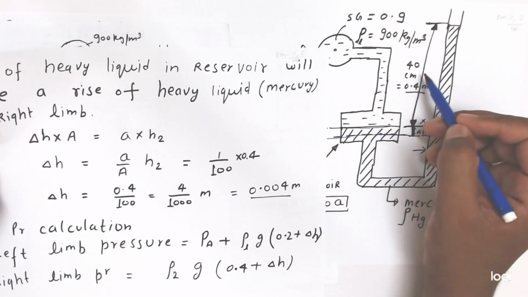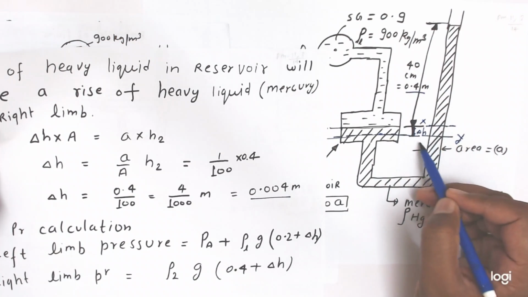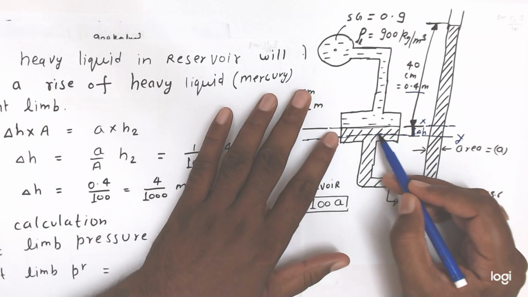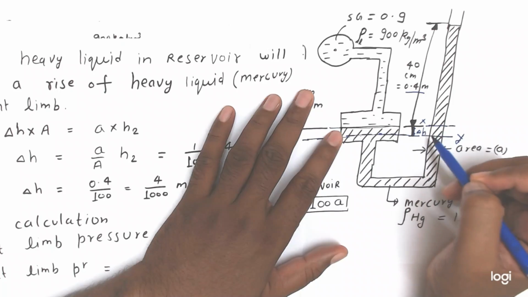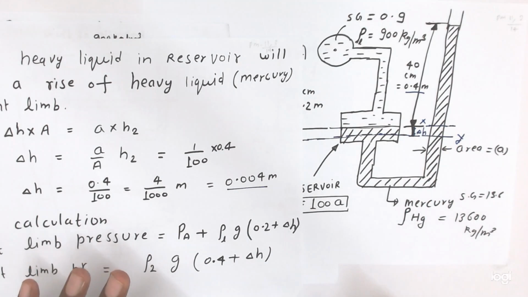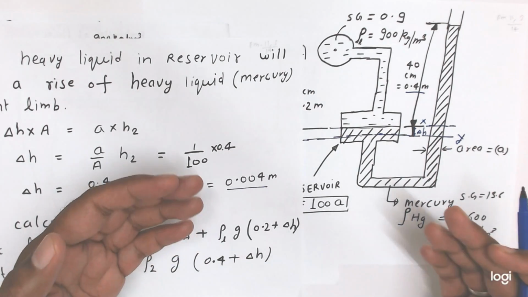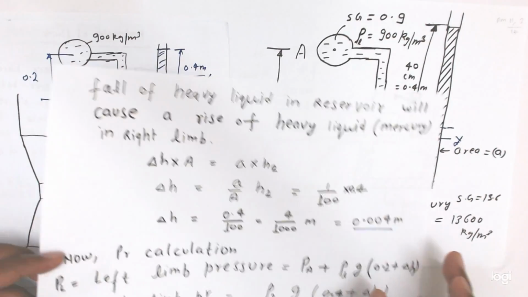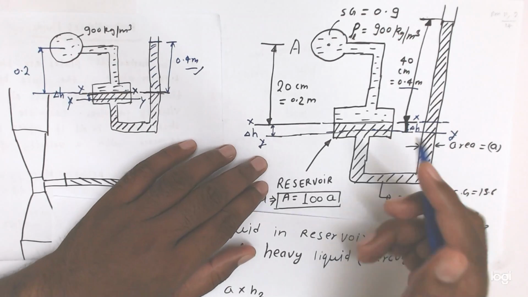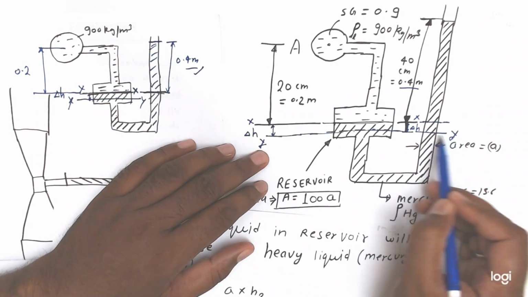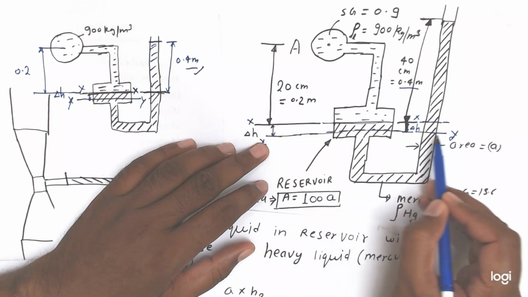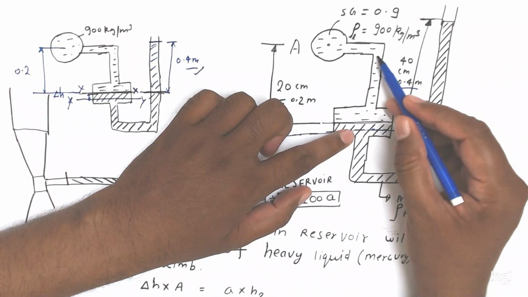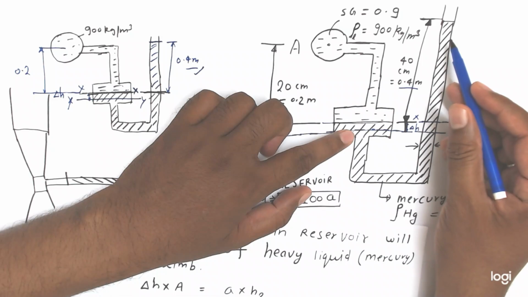That in the volume case we take only this height, and we do not consider delta H from here. When we are calculating the pressure, then we will take this also. Okay friends, now we are considering the pressure from this datum line. Whatever pressure head is in the left limb, it is equal to that in the right limb.